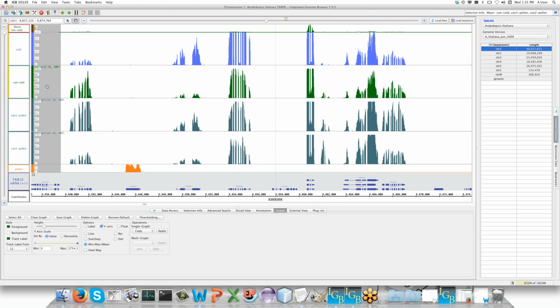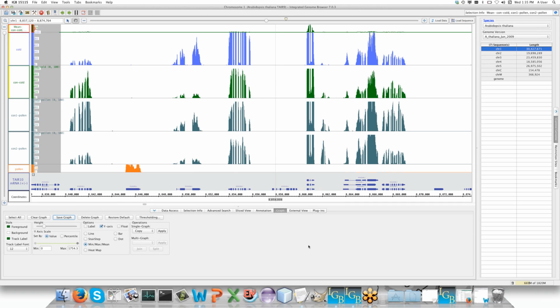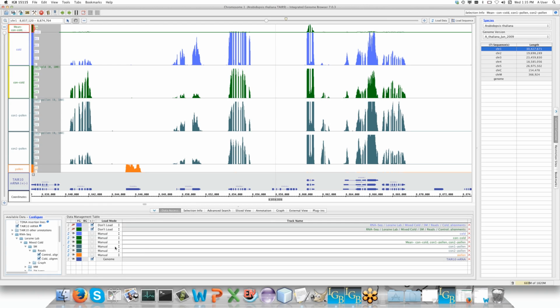If I wanted to keep this, I would select it and click the Save Graph button, at which point it offers to allow you to save it out as a bed graph, which is also called a wig graph, which once it's saved out, it's an independent file that can again be opened in any program that will let you see bed or wig graphs. But now that I've drawn my mean, which is right here, it tells you what it's the mean of. I no longer actually need to be looking at